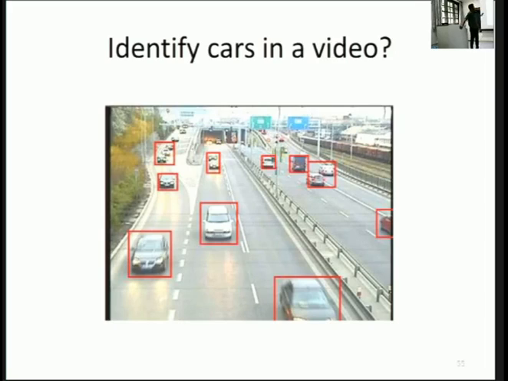So the idea is to identify cars in a video. Let me make this question clear. Assume you remember that car detection algorithm, the problem we explained earlier. Assume we are given a lot of photos of cars, 1,000 of them, and probably a lot of photos of non-cars. Now we have a video running, and we want you to detect the cars. So how would you do it?